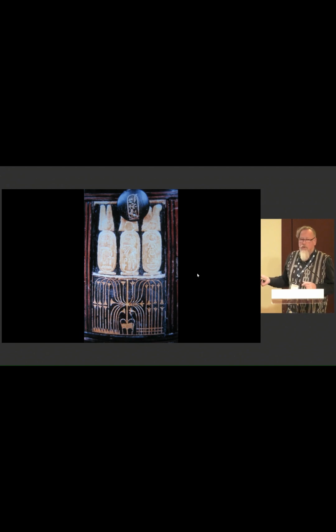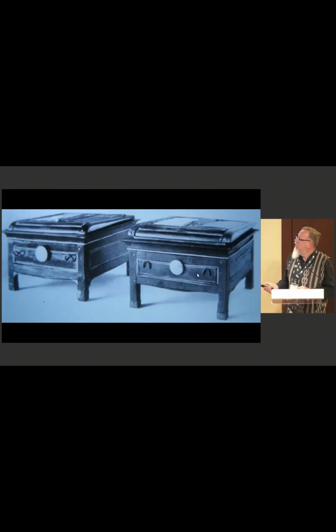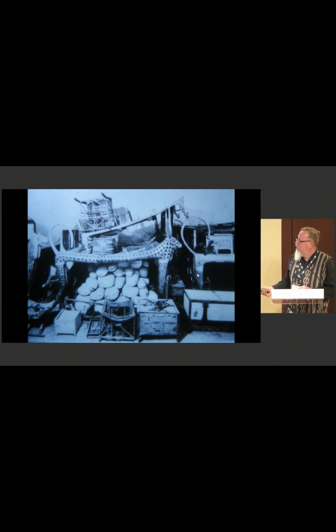usurped. It's from a different burial, and you can see this usurpation very well with the knob here and the stripes of inscription. And if you look very carefully, the whole label here has been recut to be then reinscribed with the new cartouches. By the way, this box has these wonderful metal handles, and it is not the only one, because these have them, for example, and there is one which has two here present in the